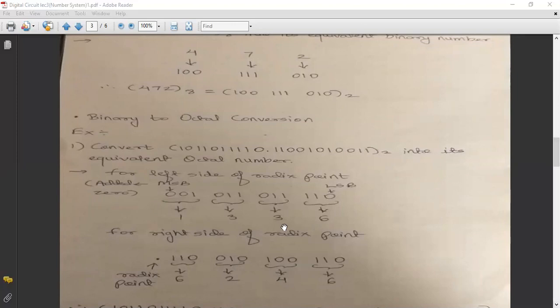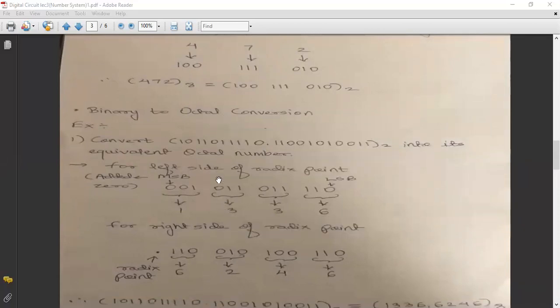Okay. Now what we have to do, we have to start with the left part from the radix point. So how we are going to solve this? We are going to simply write this number first and we are going to start grouping into its 3 bits, and we are going to proceed from its LSB to MSB. So 011 will form one group, then the next number 110 will form the other group, then 110 will form the other group. Now in the last group we got only one, so we have to do zero padding. Okay, so we have padded 2 zeros here.